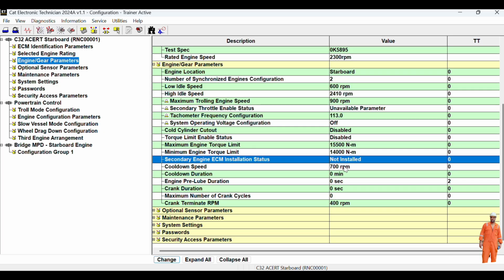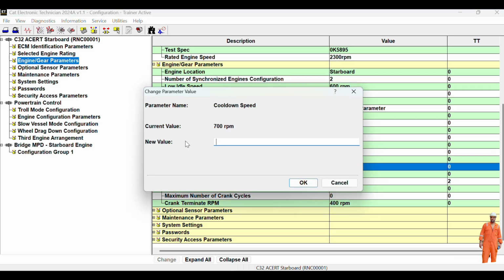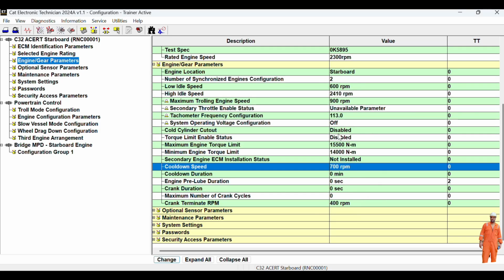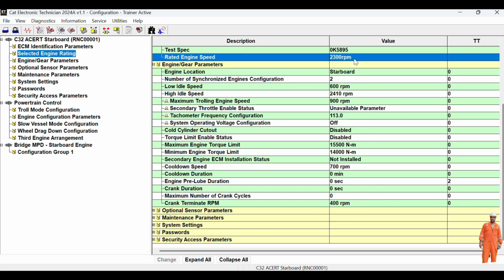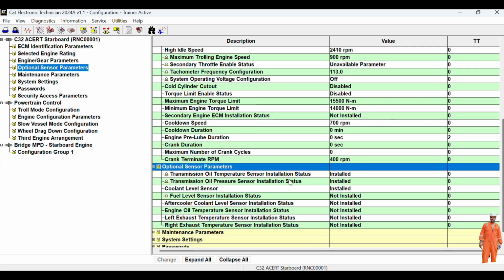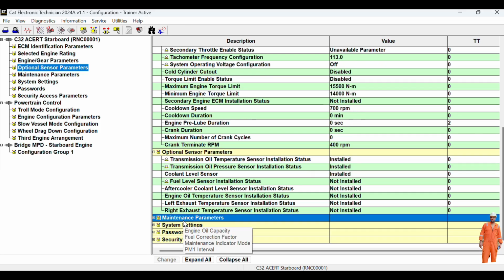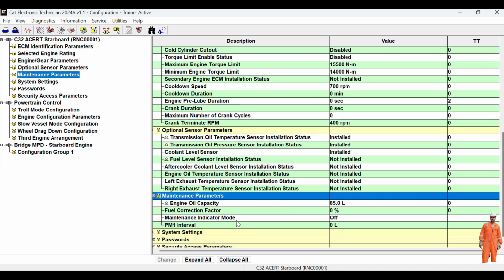You can change the cooldown RPM. No, I don't want to go there. Okay, second did not install. If you want to change the cooldown speed to 700, you can put it here. Now the rated speed of the engine is this, something you cannot change. You cannot change the rated RPM of the engine. So these are the